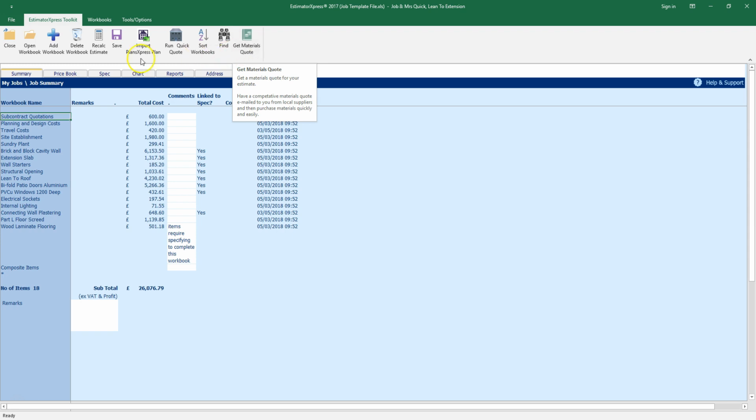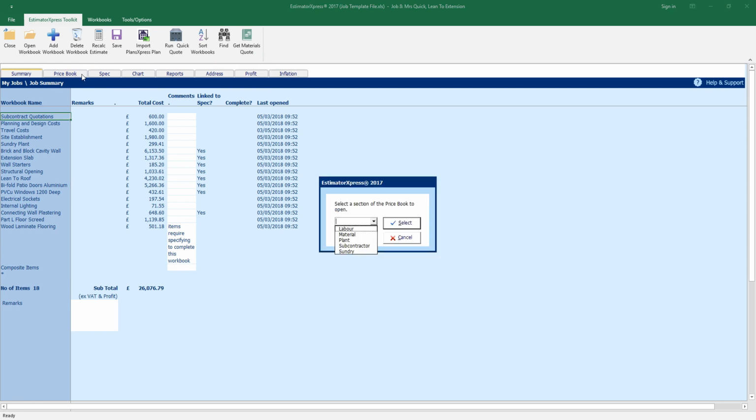So this Summary tab is where all of the workbooks are located. So we're looking at the Summary tab now, but you'll see there are a number of different tabs just under the top menu here. Next tab along is the Price Book tab. If you click on the Price Book tab and then select Material,